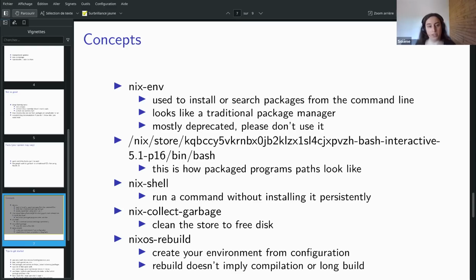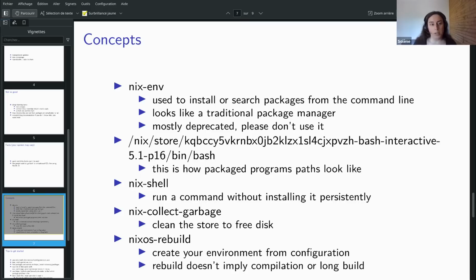And last concept is the nixos-rebuild command. So when you make a change to your system-wide configuration file, you will have to use that command to build the new system with all the stuff you asked in it. And then a new boot entry on your computer will be created that would let you use that new version of the system. But you could also just switch directly to it right now and apply all of the modifications on the fly,